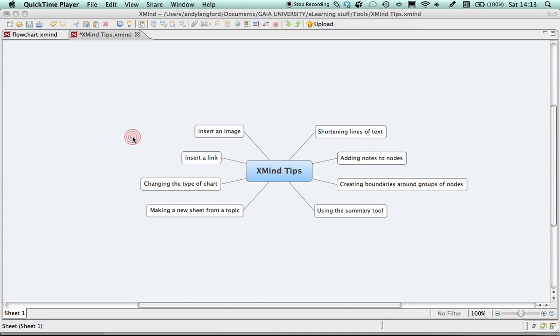Here's a collection of other things that you can do with very powerful XMind software. I'm going to have a look at shortening lines of text so we can format our diagrams a bit better. I'm going to show you how to add notes to nodes. This one, creating boundaries around groups of nodes, is very helpful, and I've recently discovered using the summary tool, which